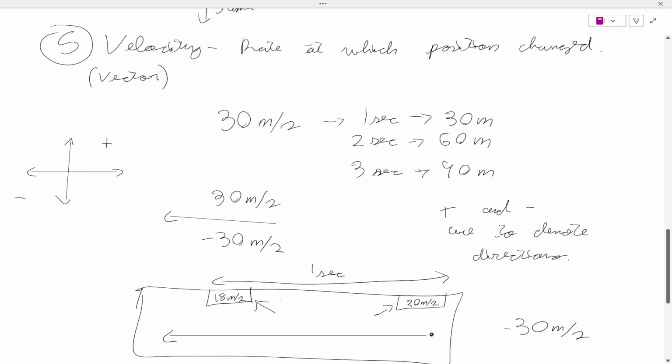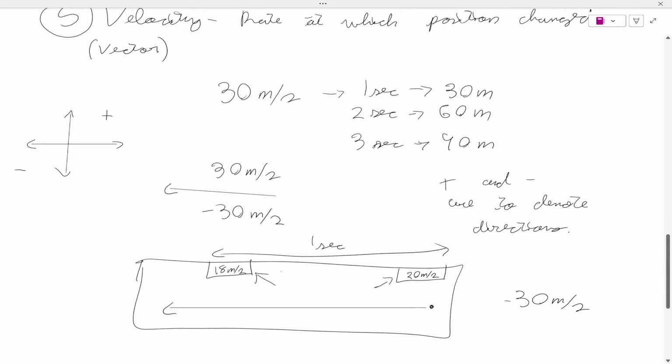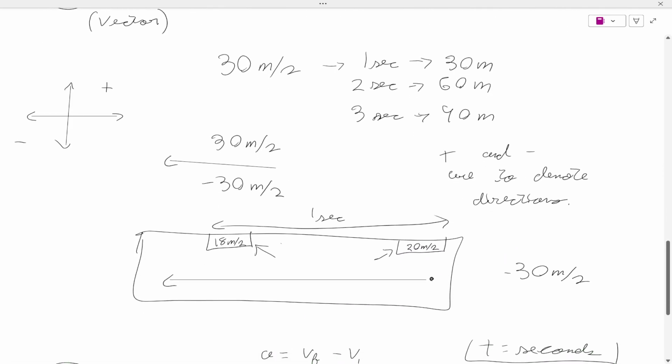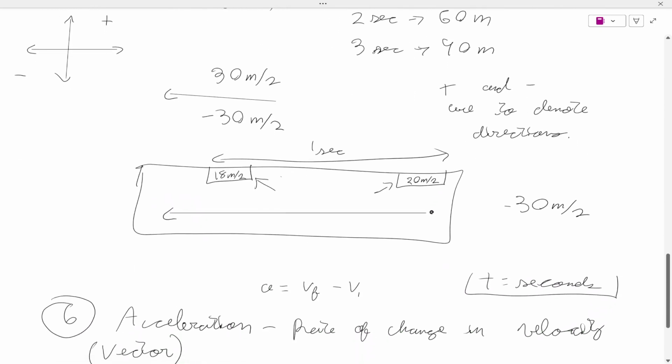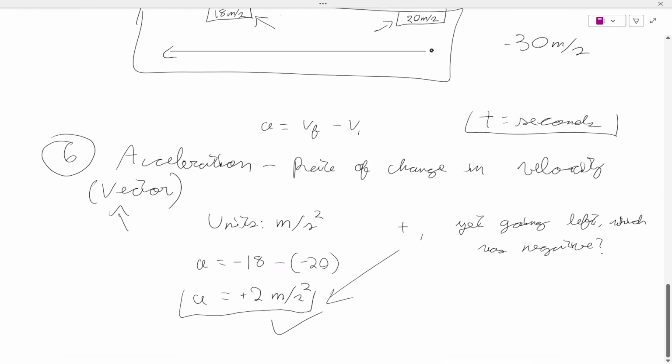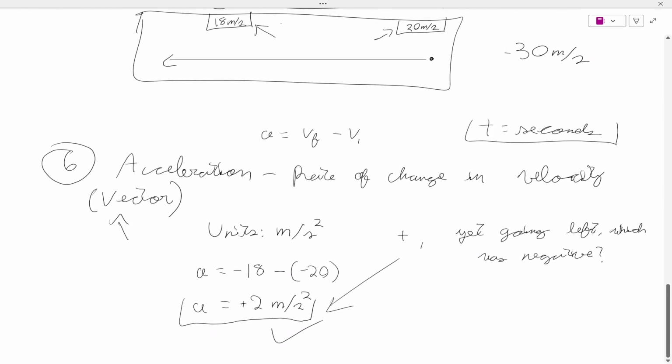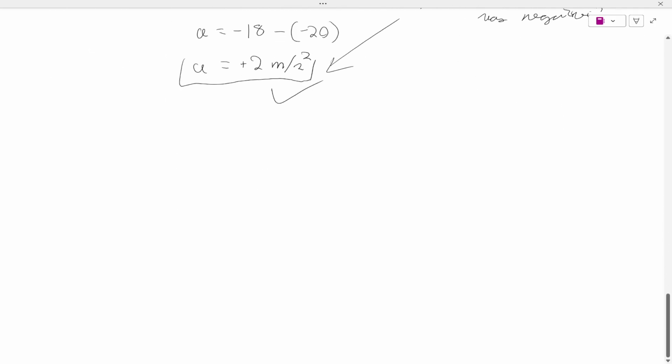So just remember scalars and vectors. Practice, practice, practice. Then we have the differences in speed, then the velocity. Then acceleration, just remember this can be extremely tricky. The problem I just chose is kind of a confusing one, and we'll be practicing that later on. The key note for acceleration is that positive and negative